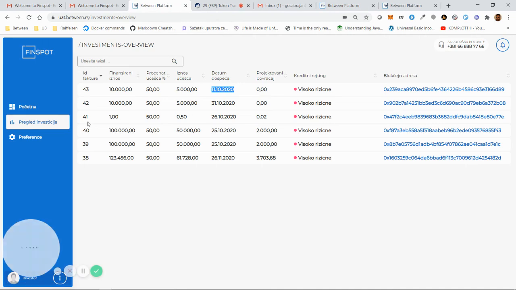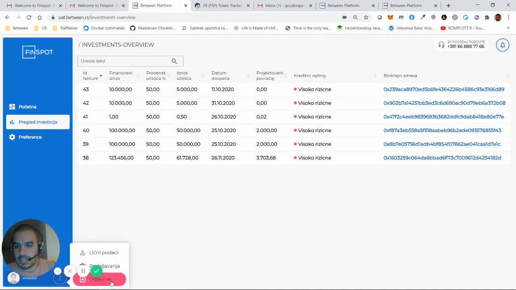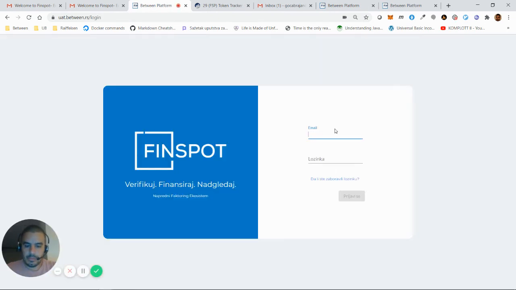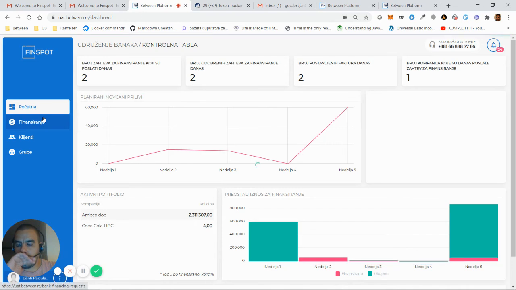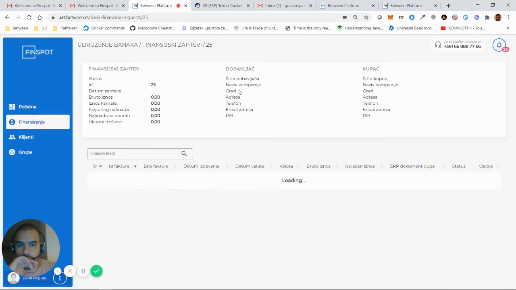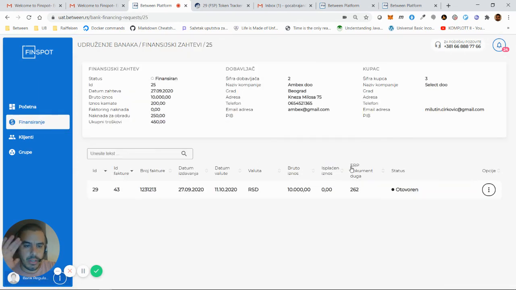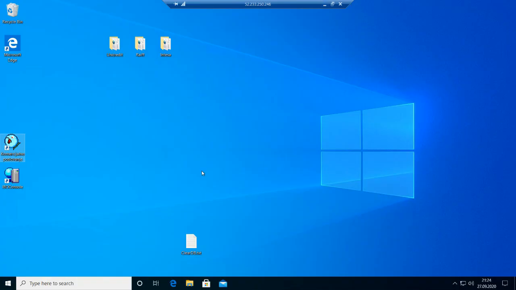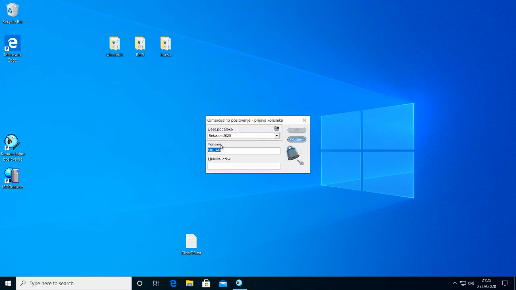Okay, last but not least, if you go back as a bank, so I'm really jumping over many topics, but that's the time limitation. If you look at this request, there is something you see here: it's the ERP system, document ID 262. And this is what we also worked quite a lot on. If we go now to our ERP test environment,